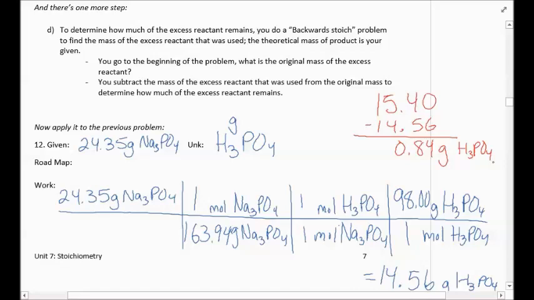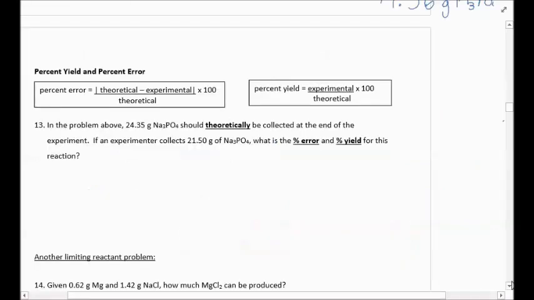You could, if the problem asks for it, then calculate how much of the sodium hydroxide you would need to react with that so that you could have a complete reaction. It's a little bit crazy, but you could. In the next problem,